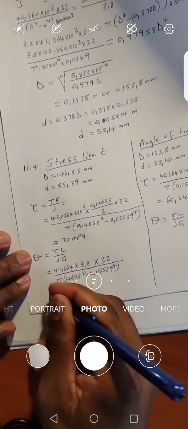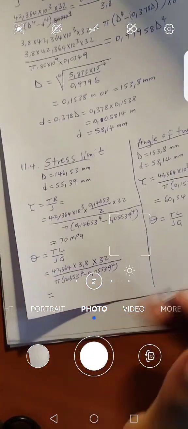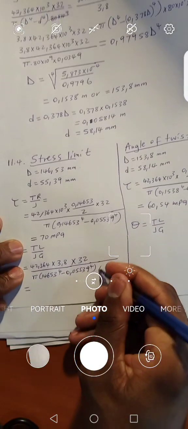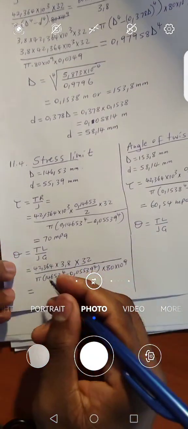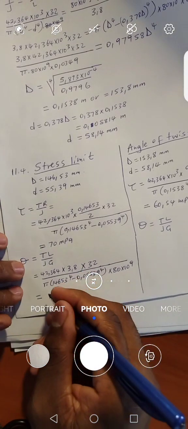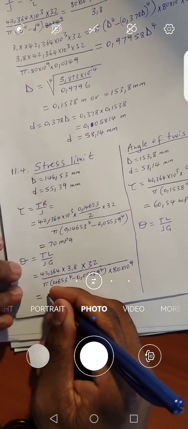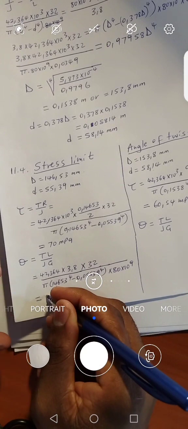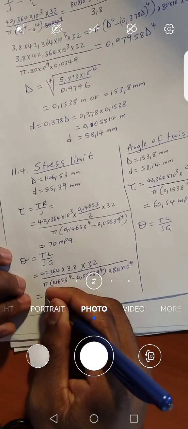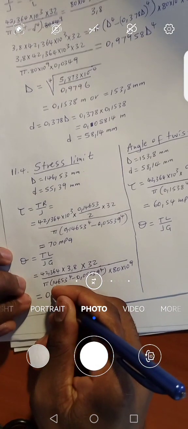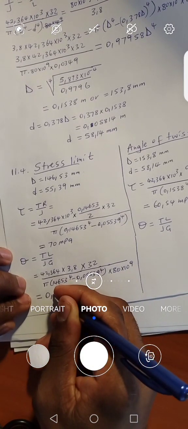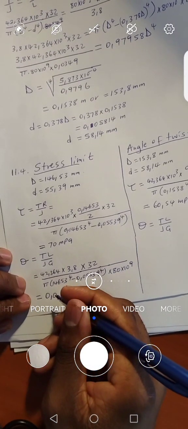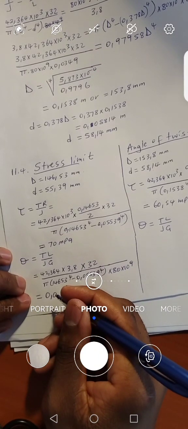You put it there, or multiply by G, 80 times 10 to the power 9. Then you will have what? You will have 0.0